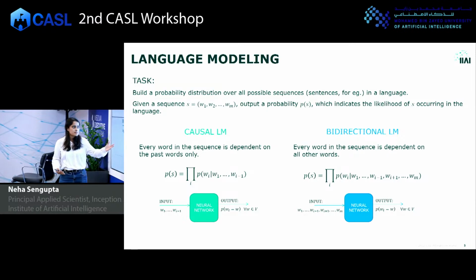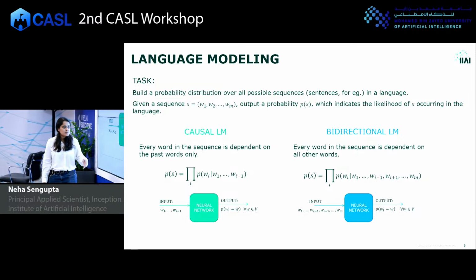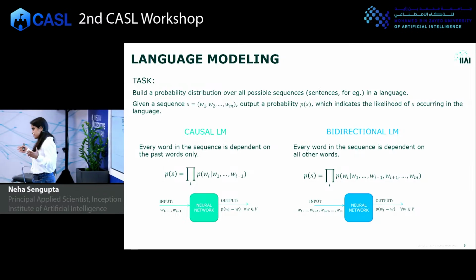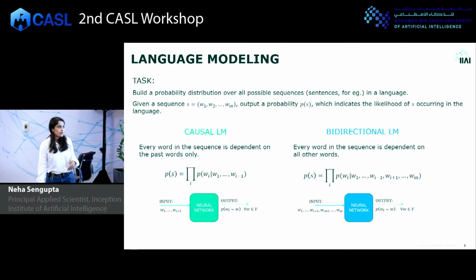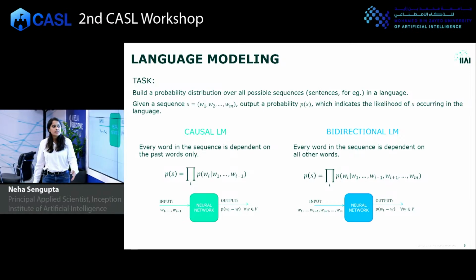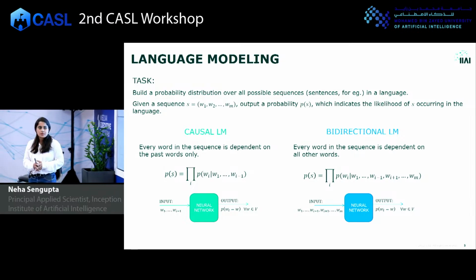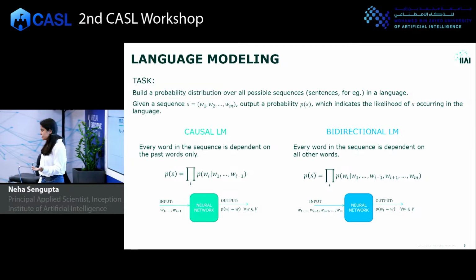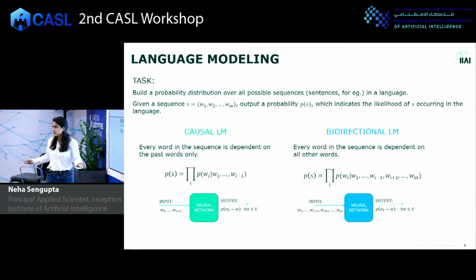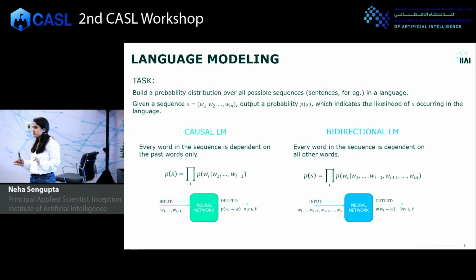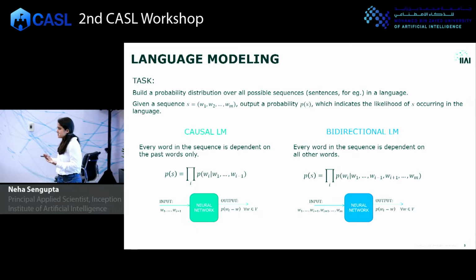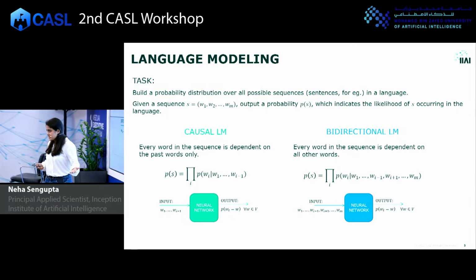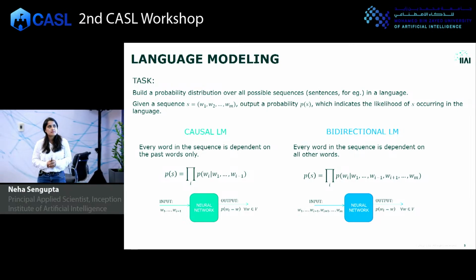So basically what you have is this massive neural network. Its input is the sequence, W1 to Wi minus 1. And then it's supposed to output a probability distribution over all the words in the vocabulary. So given a sequence, it's supposed to give you a probability distribution overall. So what you would do is, given this probability distribution, you would sample a word, and then you would just feed it back into the input and repeat this process to get a generative model. So this is an oversimplified view of how the massive neural network is generating language. Our model Falak GPT falls under this causal LM paradigm.